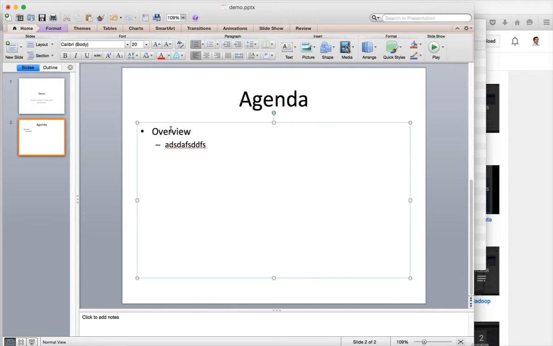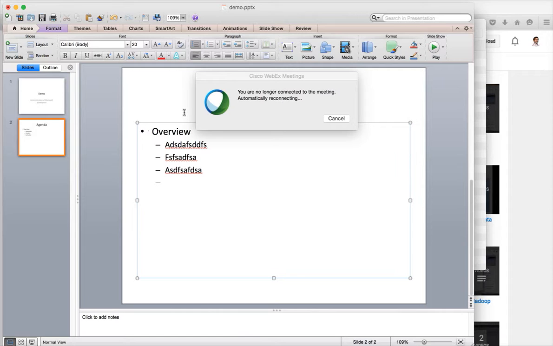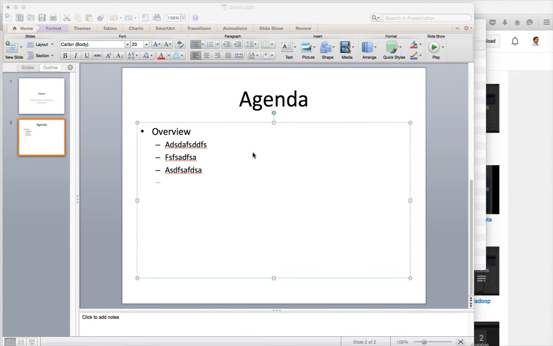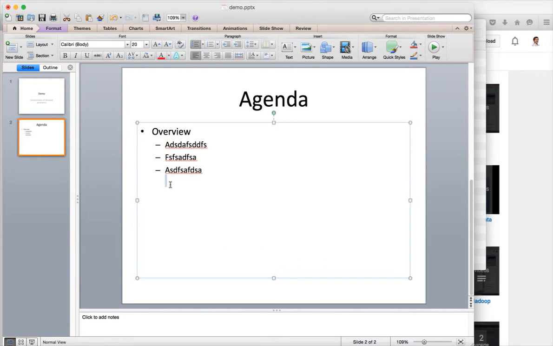Okay, so now you are under overview, and after typing a few lines, again if you want to create another title, that means if you want to create a tree structure of your content, and if you want to add another overview, what you have to do is, if you try like this, overview 2, it will be part of this overview. It will be a subsection under overview. But if you want to add one more main section, then what you can do is you can choose this